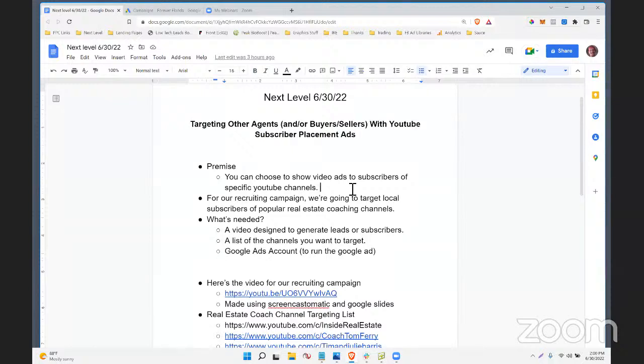Oh my goodness, what does this mean? The premise here, I'll explain in detail, is that you can choose to show video ads on YouTube to subscribers of specific YouTube channels. So you can say, I want people who subscribe to XYZ channel to see this particular video. I caught a YouTube tutorial, it's very meta here, about this a week or two ago, and I was like, whoa, this is powerful. It's one of those esoteric little features built into these ad platforms that you never get around to playing with. I've been playing with this in a couple of different ways the last week or two, and the results have been awesome. So I want to show you guys how to do this.